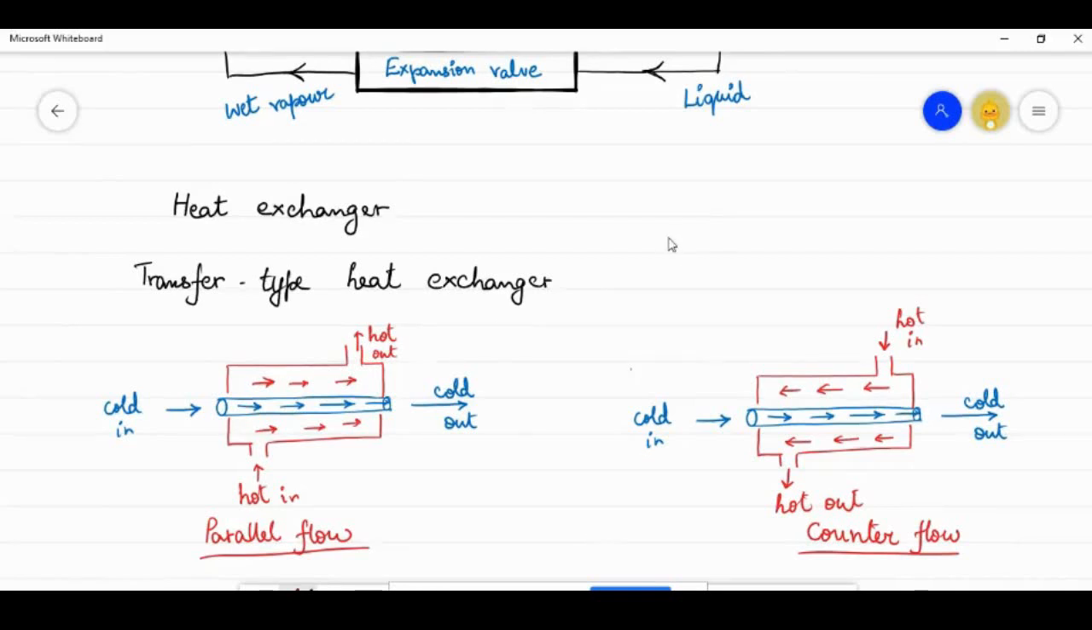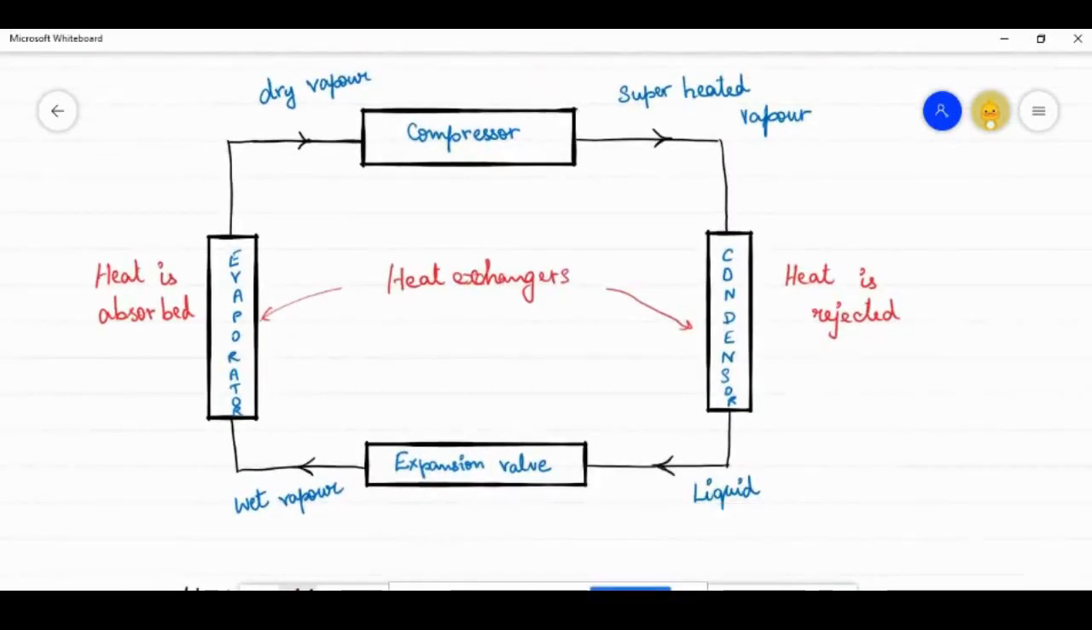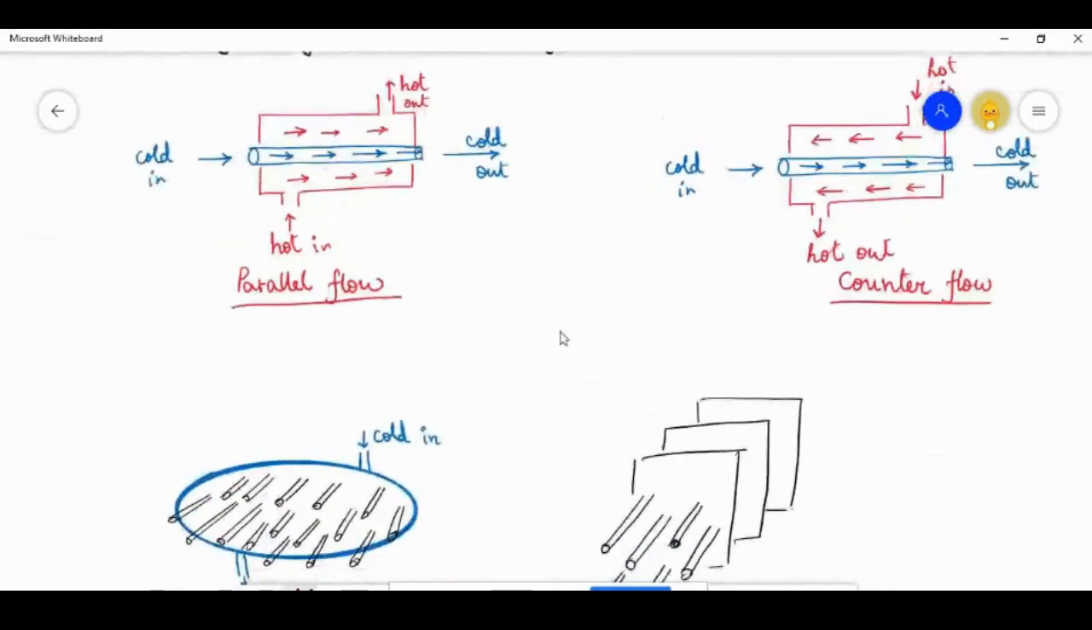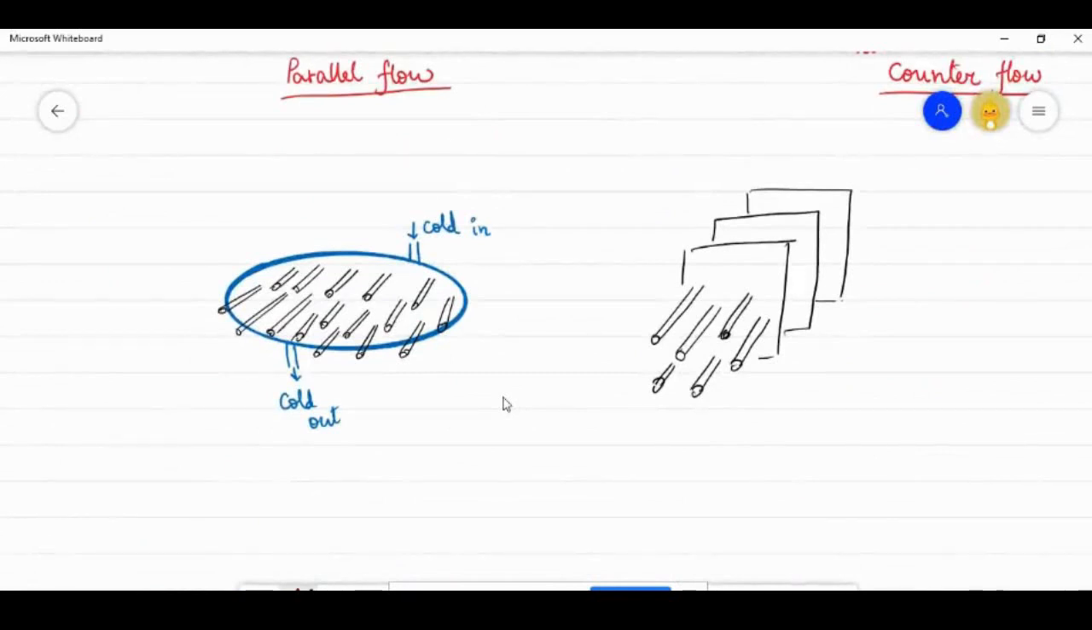Since the two fluids are not allowed to mix, only transfer of heat occurs across the separating walls. Since the refrigeration cycle, as we are aware, is a closed cycle where the refrigerant flows in a closed cyclic loop, mostly the evaporator and condenser are transfer type heat exchangers. There is another type of transfer type heat exchanger, as can be seen here in the shell tube type condenser or the counter flow type heat exchanger. In it, one fluid is allowed to flow through the tubes in one direction, whereas the other fluid flows